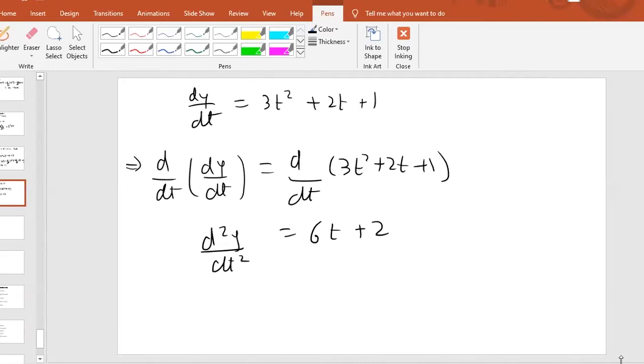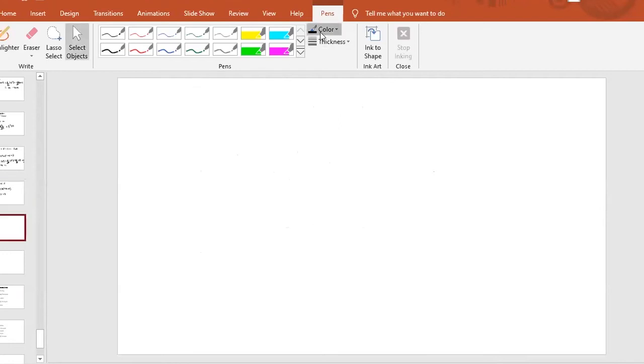Okay, understood? So I think you have all understood this. 6t plus 2. Very good. That is how we are finding double differentiation. Now if I give you one more problem here,